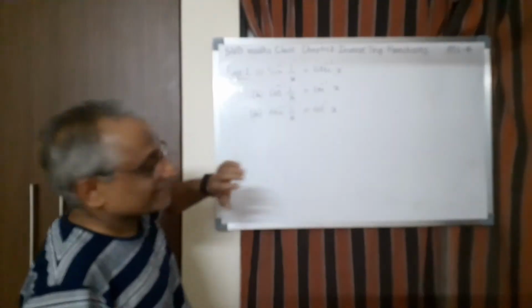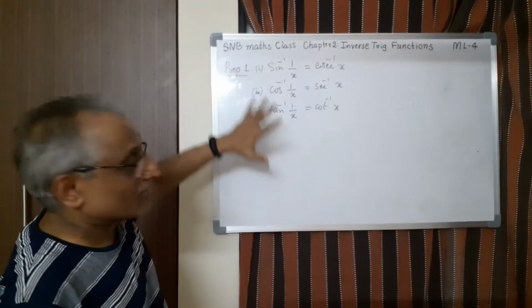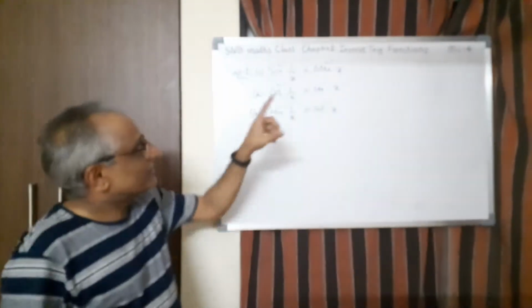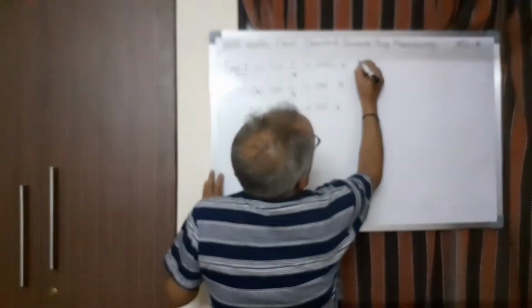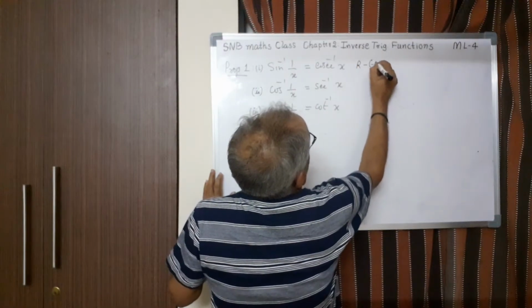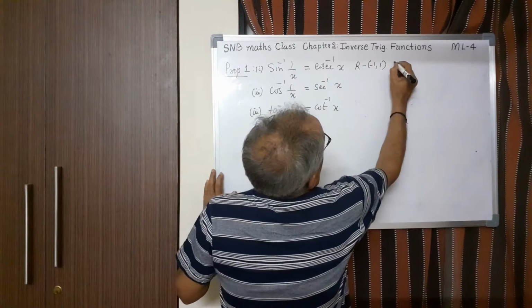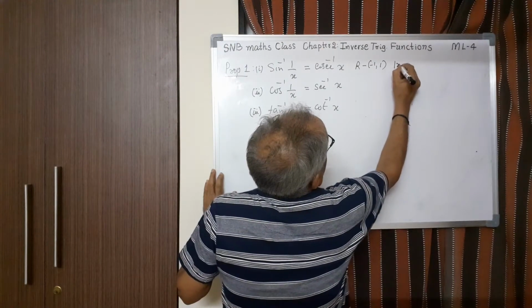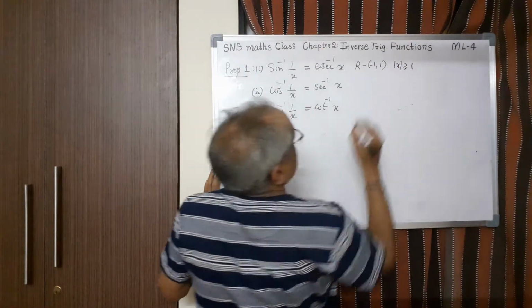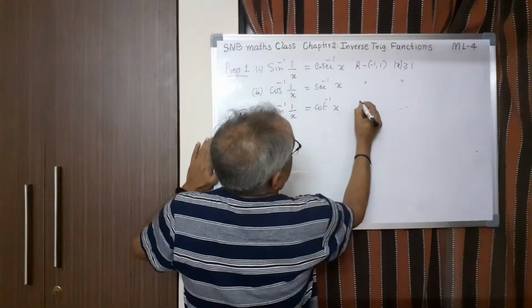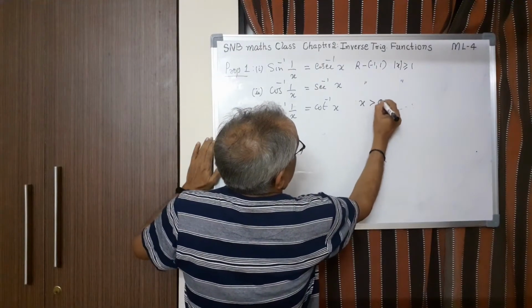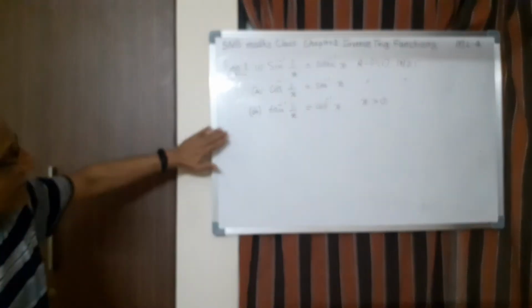Here what is the condition? See, every time when you give the formula, it is not valid for all, because the function should be first defined. So here the condition is, of course, you can also write R minus (-1, 1). This is one thing. Or you can also write mod x more than or equal to 1. This is also correct. Same thing here also, either this or this. Here, of course, this is valid only for positive. So these are the three.